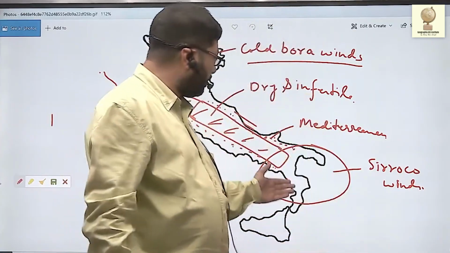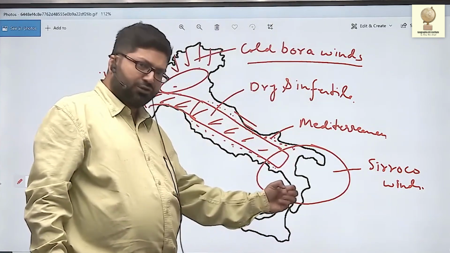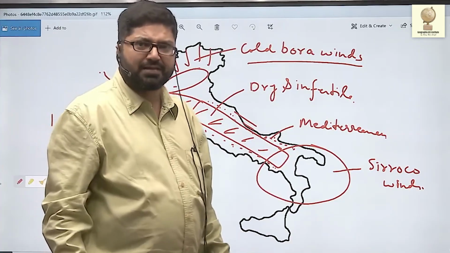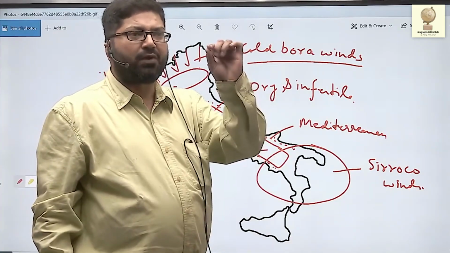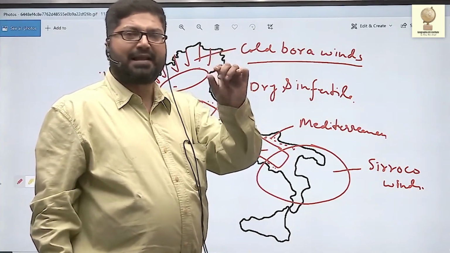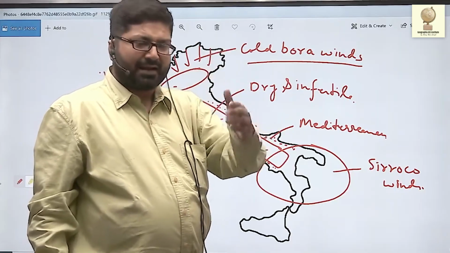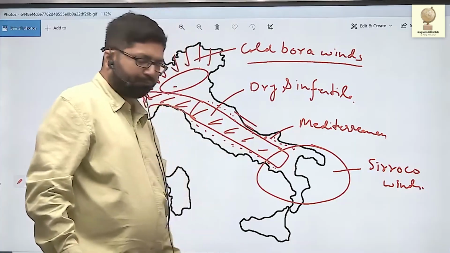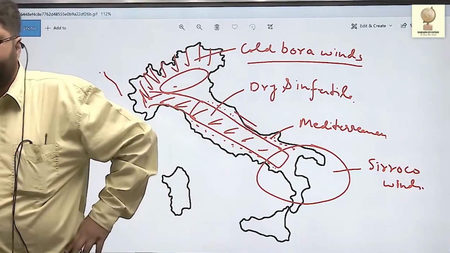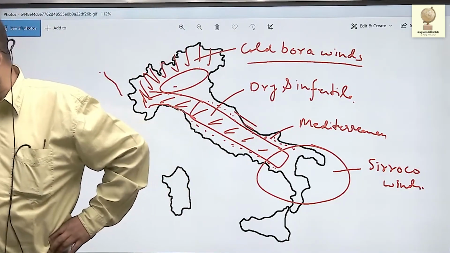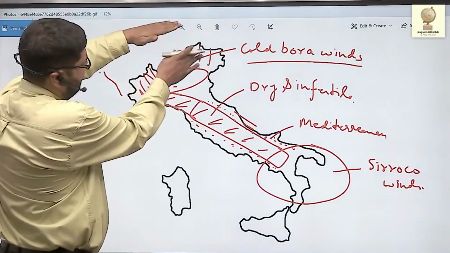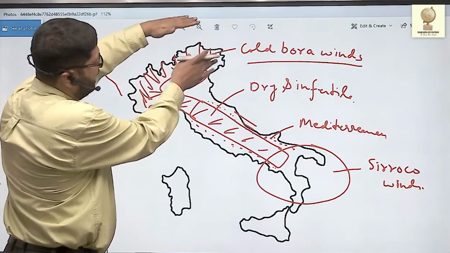The same Sirocco hot dusty winds, when they pick up moisture from the Mediterranean Sea, cause rainfall in the southern part of Italy. The same rainfall is known as blood rain because of the red sand particles that they blow from the Mediterranean Sea, which get attached to the moisture and cause rainfall. Now, if you see, the southern slope of the Alps is like this. The northern slope is in Switzerland and Austria, the southern slope